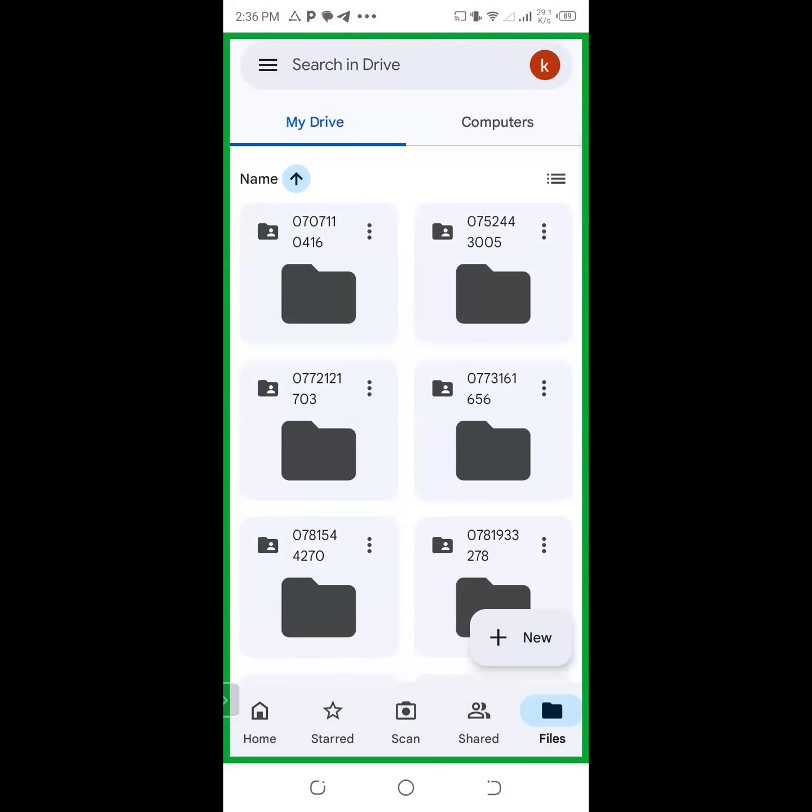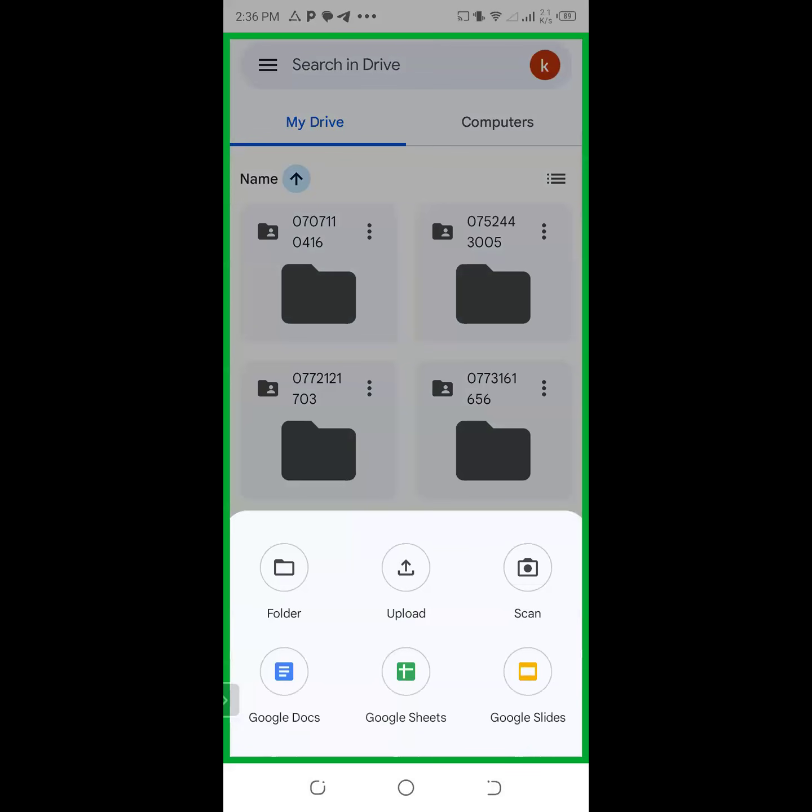There is a plus sign in the right down corner, on the right, but in the corner. So where you have Home, Starred, Shared, Files, then place that sign. I've placed that sign. The moment you place that sign, oh, no,